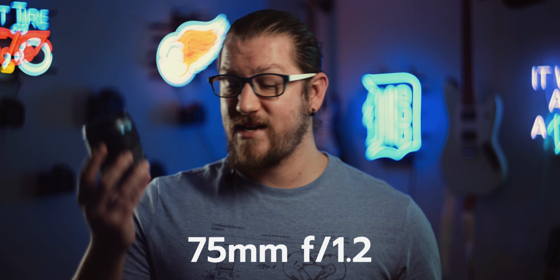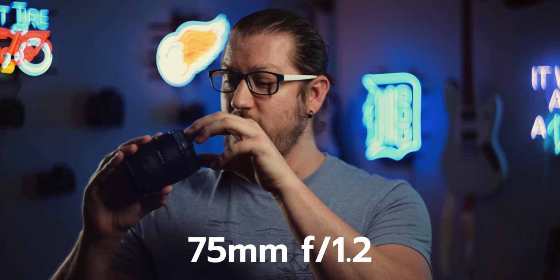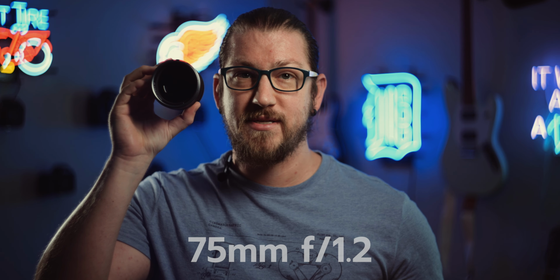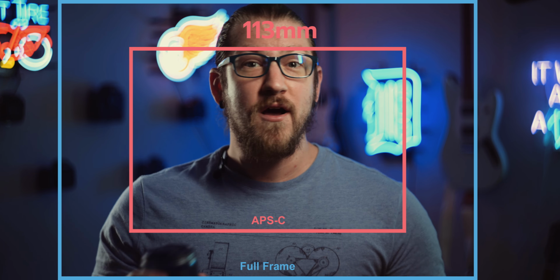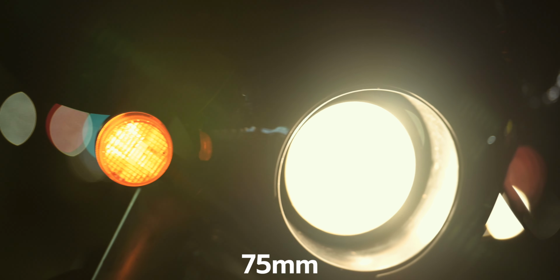Next we have the 75mm f1.2. Look at this monstrous piece of glass on the front of this lens. This lens just sucks light in. Again, we have that APS-C crop, which makes this the equivalent of a 113. One of my favorite lenses of all time is a 135 prime, and this is right in that sweet spot, especially at f1.2. The shallow bokeh obliterates your entire background and really has your audience focusing on exactly what you